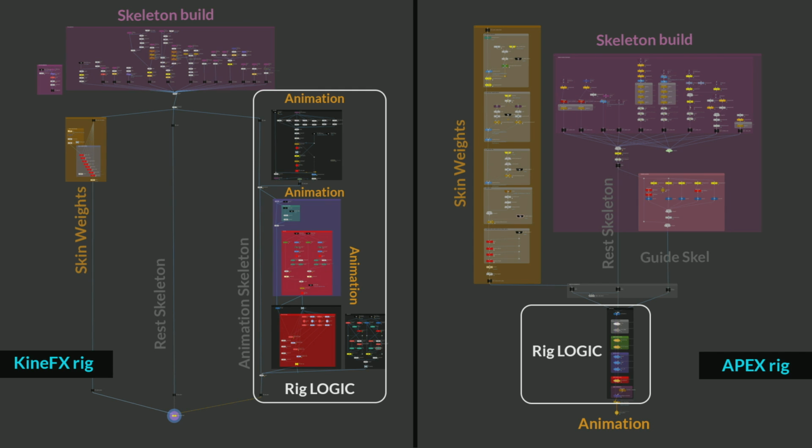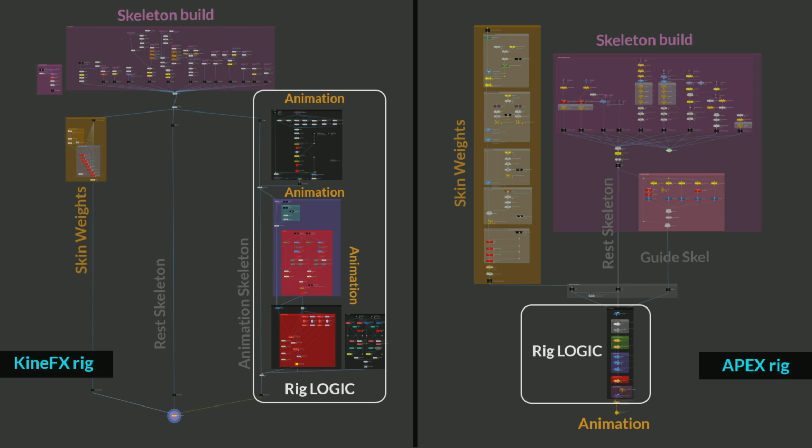A KineFX rig is a classical rig that has, let's say, three columns. The left column is the skin column, where you define the skin. Then you have the rest skeleton and the animation skeleton, which is exactly like the rest skeleton, but you apply rules on it. And here lies the problem: the animation and the rig logic reside in the same place. And because it's in the same place,